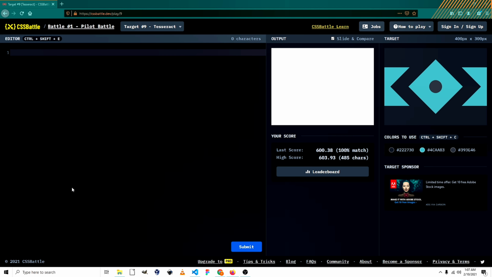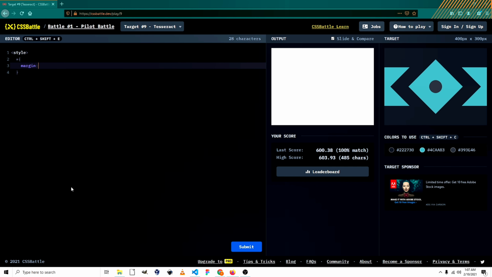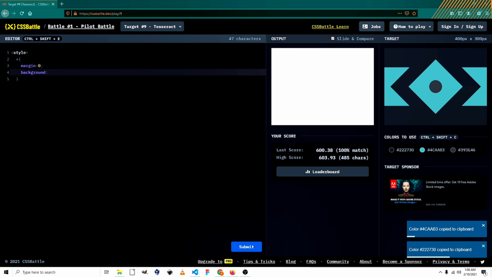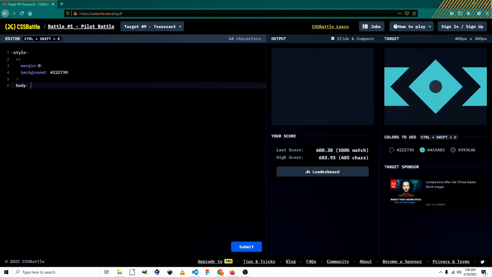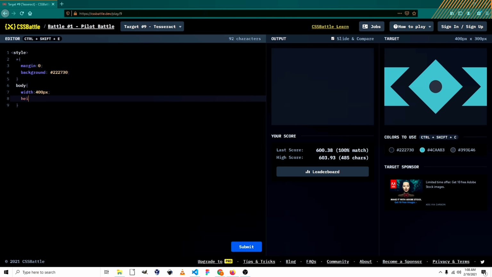Do like style, say star to margin 0, background have a darker color, yeah, and you have body width 400 pixels, height 150 pixels, background to be this color,